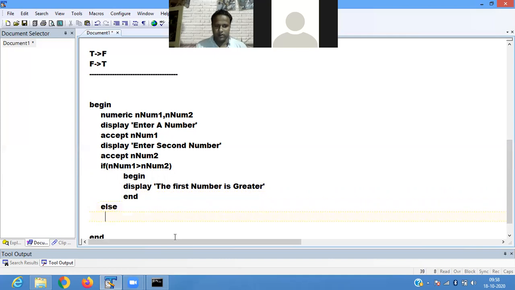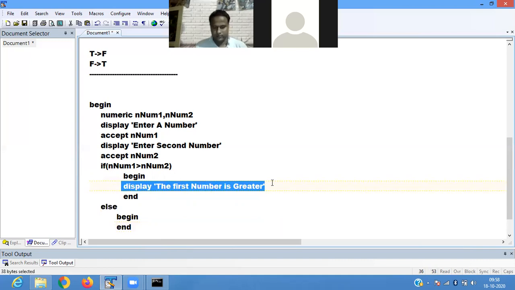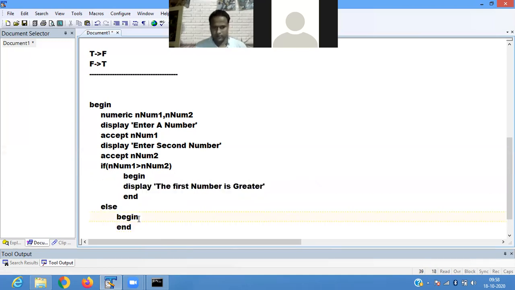In the else block, again we write begin, end, and we display the second number is greater.